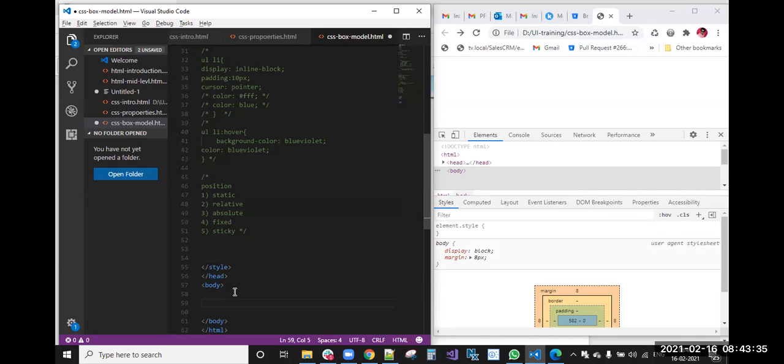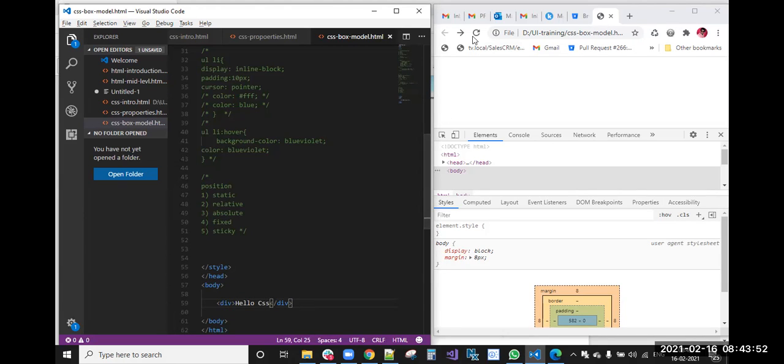First, position static. I am taking one div, Hello CSS.